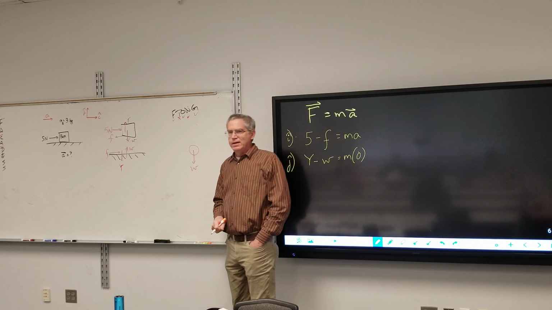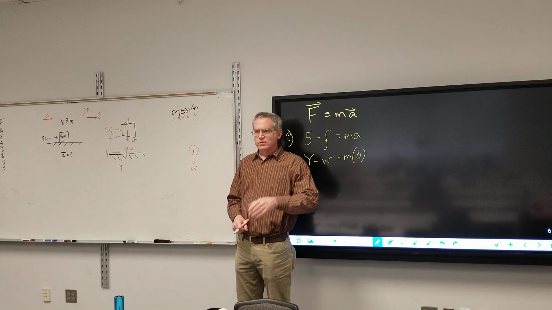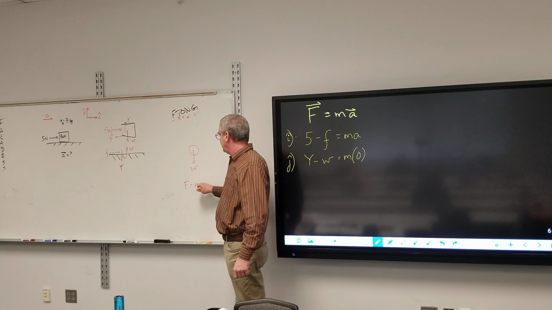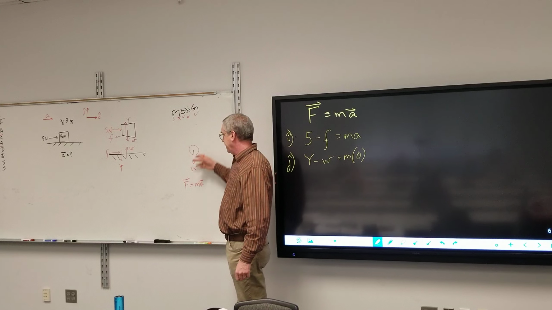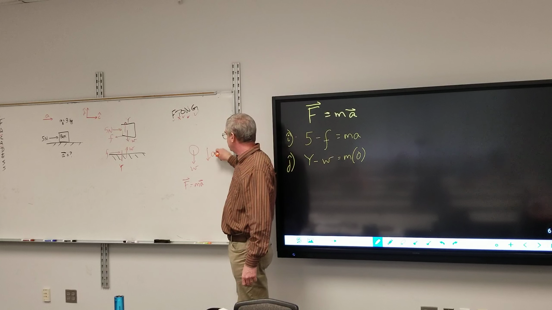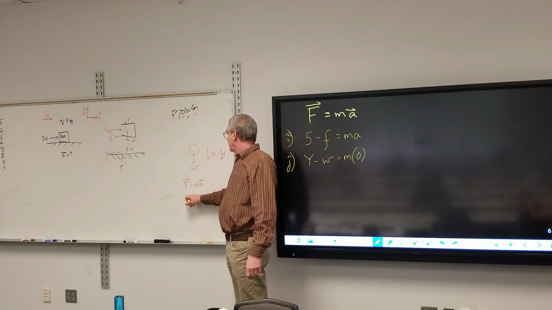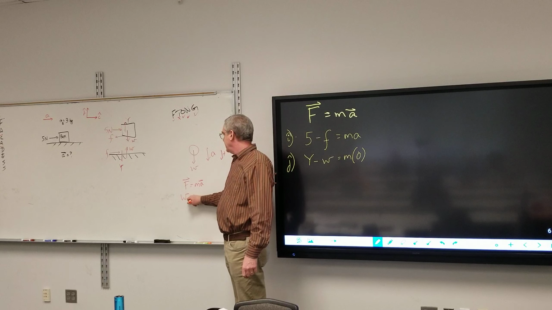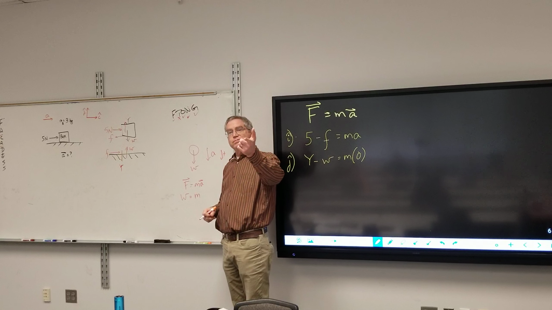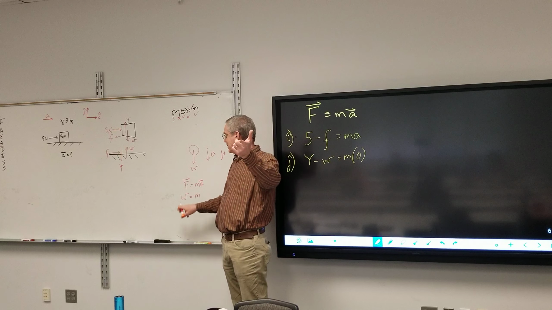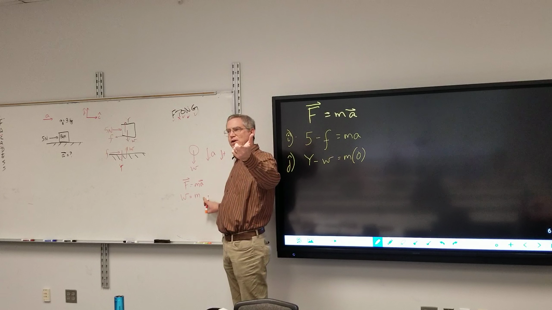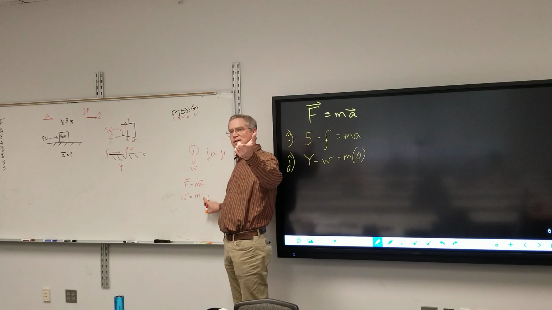Okay? That's it. Ignoring air resistance, if I plug into F equals ma, I have one force. I know it's going to accelerate downwards, so I'll just make that the positive direction. And so my force is weight, and that's equal to mass times, well, if it's gravitational force, what's my acceleration for an object in free fall? Negative 9.8